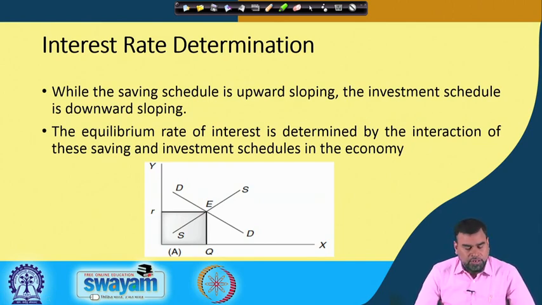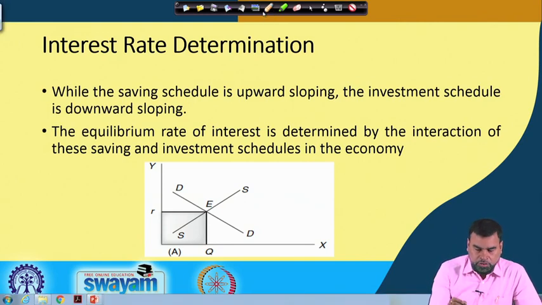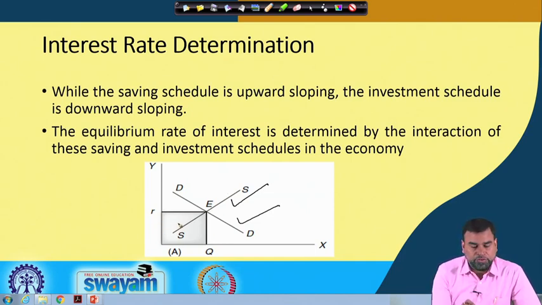So, I already told you that supply is upward sloping and demand is downward sloping. The higher the interest rate, the more the supply of savings; the lower the interest rate, the less the supply of savings. But if the interest rate is lower, the demand for funds will be more. So, therefore, we can say that we can always have the equilibrium point here, which is the market equilibrium interest rate at that particular point of time.